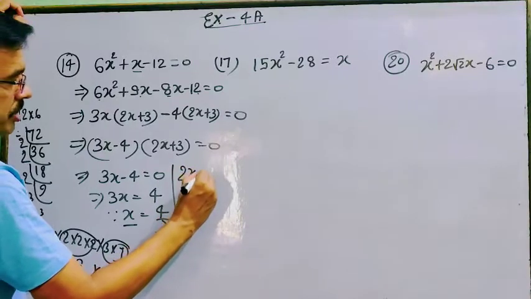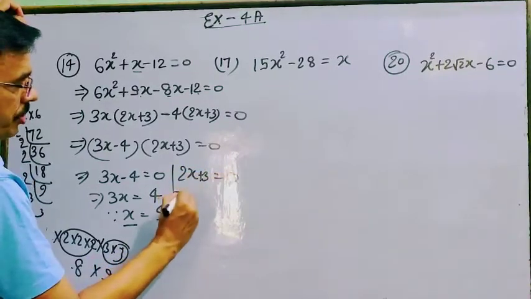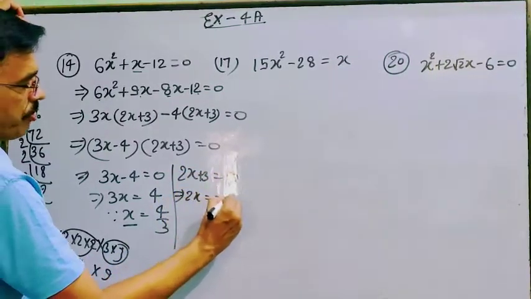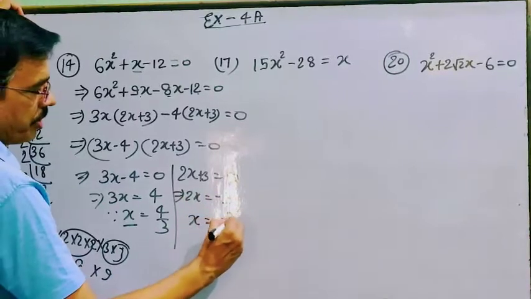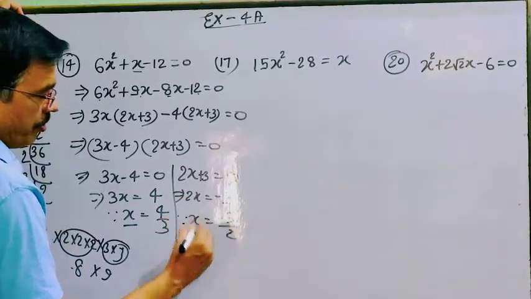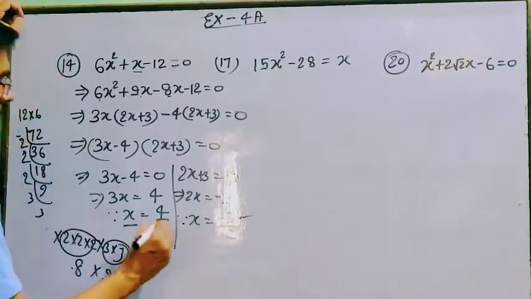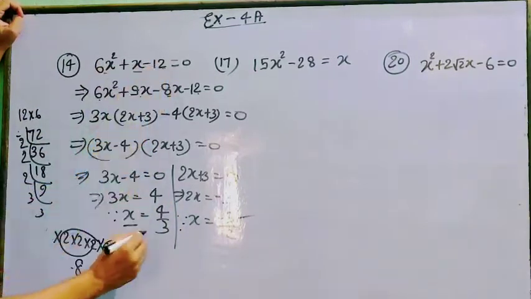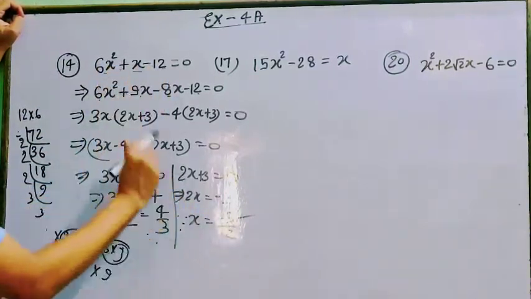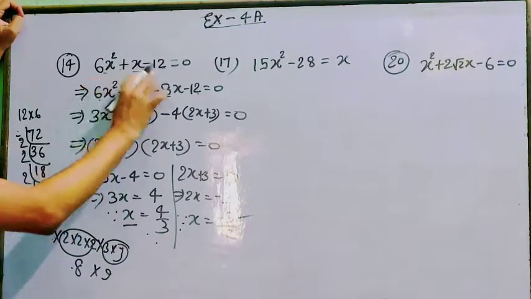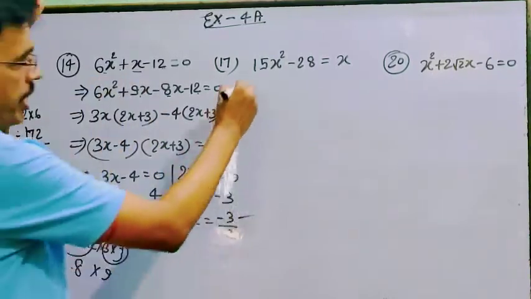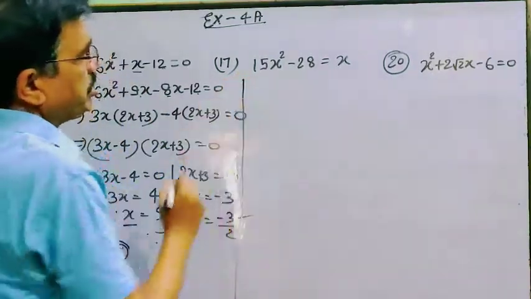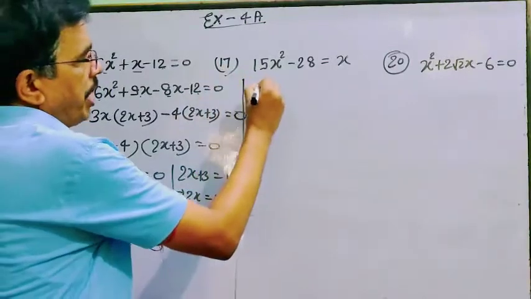Similarly, 2x plus 3 is equal to 0. So 2x is equal to minus 3, then x is equal to minus 3 by 2. So these are the values of x. It is a quadratic, and there are 2 zeros and 2 roots, and you can find them by the middle split method. Similarly, here the other question is number 17, and that is